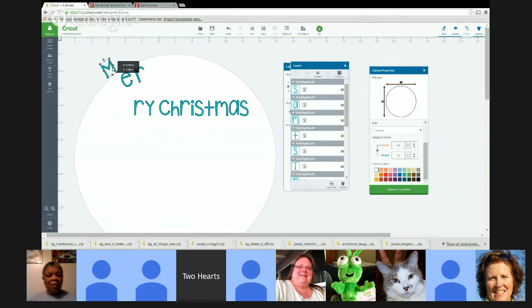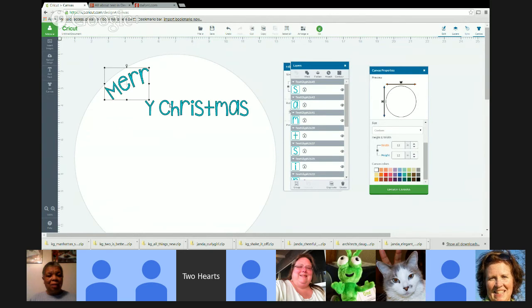Sometimes it's easier if you do it using the outside of the circle, just so that it's lined up better. It's up to you. But like I said, this takes a little bit of time, especially depending on what word you're working with. So you can do it like this, and just be sure that once you're done getting it all arched, or however you want it, you're going to highlight everything, and then you're going to